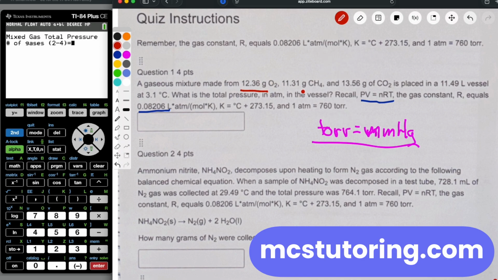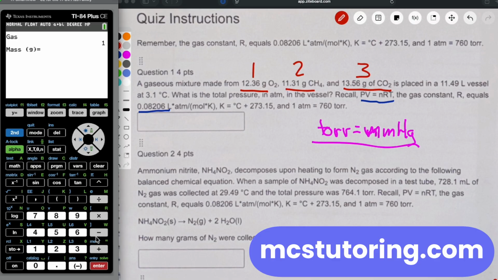It looks like how many gases? Well, it's like 1, 2, 3. And I'm not kidding, I'm going to number these so I know which one's referring to what. So this can handle between 2 and 4 mixed gases. We're going to choose 3 for this option here. And then what is the mass of gas 1? Well, that's